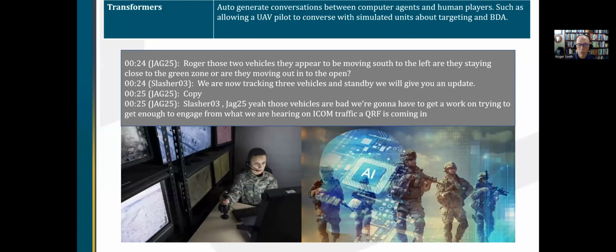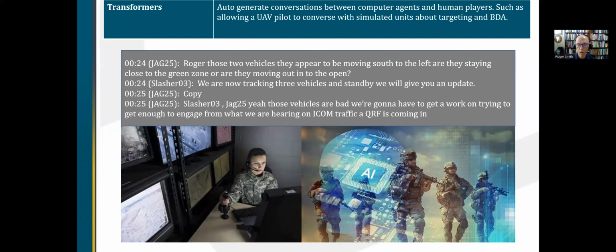Or transformers, which are literally transforming computer-human interaction right now by generating realistic textual conversations between humans and computers and realistic audio conversations between humans and computers. Soldiers on the battlefield exchange data both in textual format and in audio format. And so transformers could support both of those, such as in this example where a UAV pilot is trying to